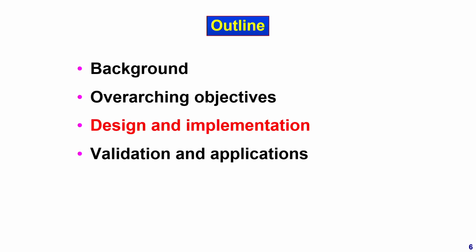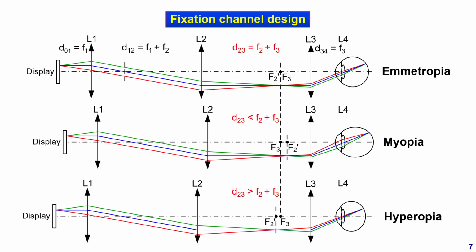Next, I will describe our design and implementation of the channel. This is the fixation channel optics. We use a telescope formed by lens 2 and 3 to correct the eye's spherical refractive error. Some people call this a Badal system, with lens 3 being the Badal lens. By adjusting the distance between lens 2 and 3, we can generate different vergences on the eye to accommodate different